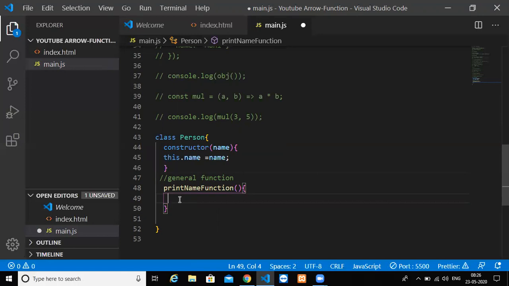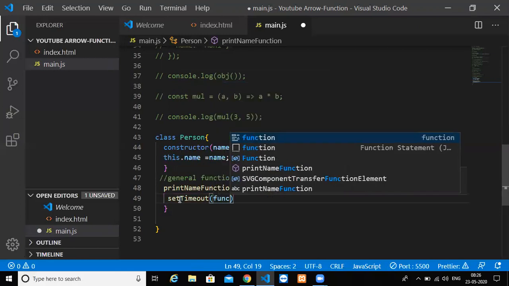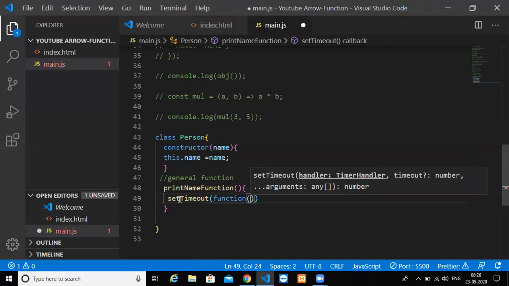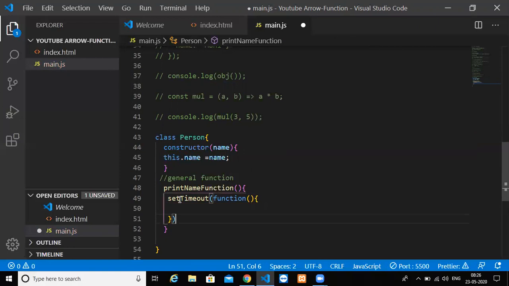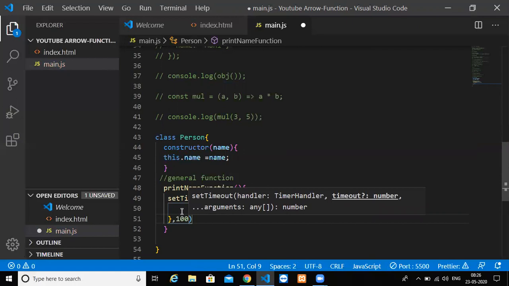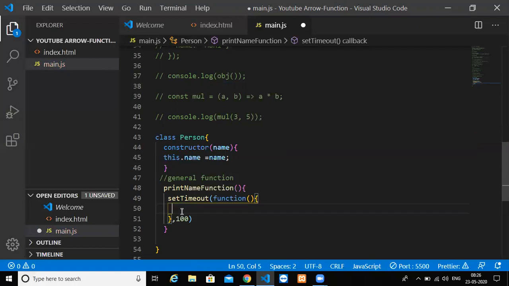What does it do? Let me print the name of that particular object after 1 second. We have something called setTimeout, which is a JavaScript function which takes in a callback basically, and then it will execute after 1000 milliseconds, so it will display after 1 second. setTimeout is a function which displays console.log.